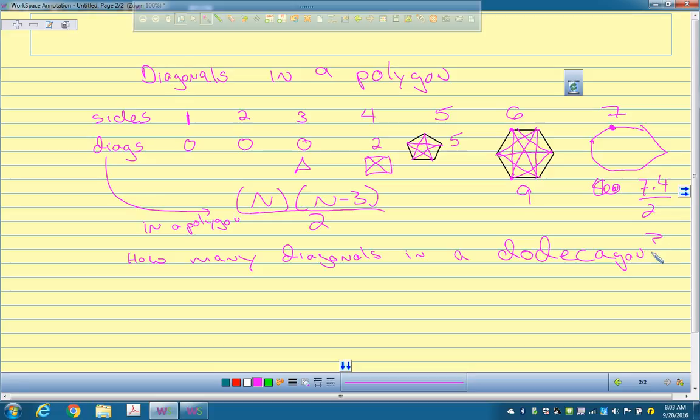Anyone? Decagon is 10. A dodecagon is 12. Okay? So what would I multiply? Evelyn, what would I multiply to get how many diagonals in a dodecagon? 12 sides. So what's n? Yeah, what's n? How many sides does a dodecagon have? 12. So what's n minus 3? 9. Divide that by 2, right? Which is the same as multiplying 6 times 9, which is